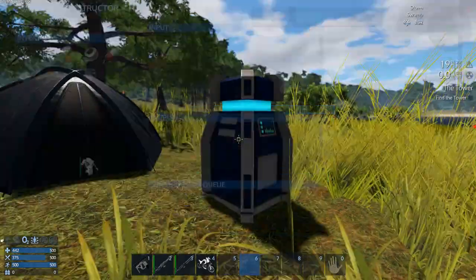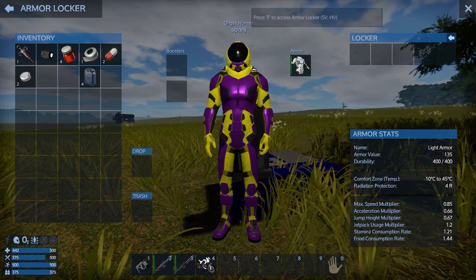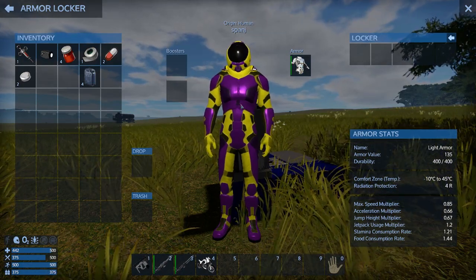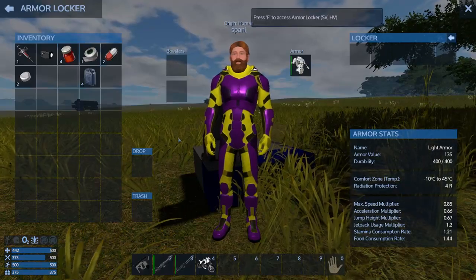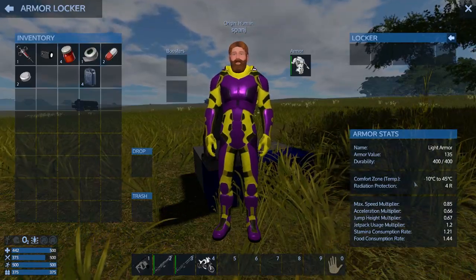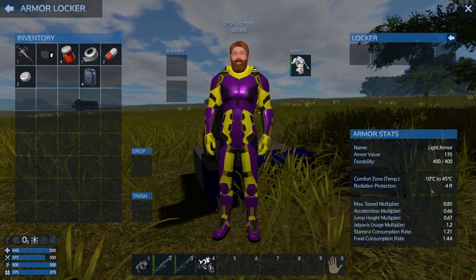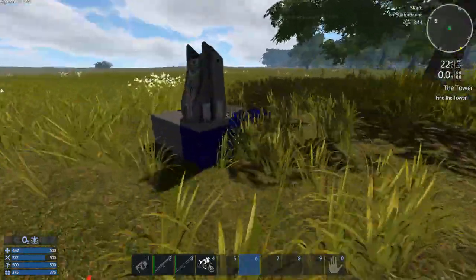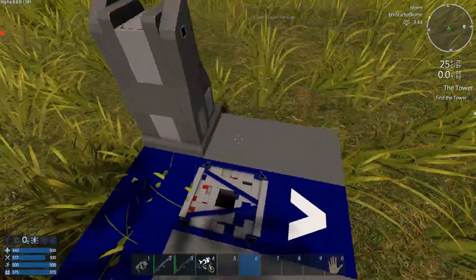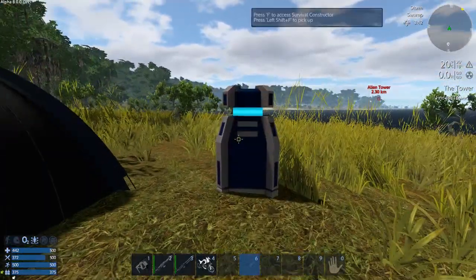Yay, armor, right. Ta-da! Ha-ha! I am once again a spaceman. So, what's my comfort? -10 to 45. Boom! I can stay outside when it gets dark now. How amazing is that? Thus, you know, I'm going to turn this into an actual proper hover vessel when I can, and use it to get around a bit